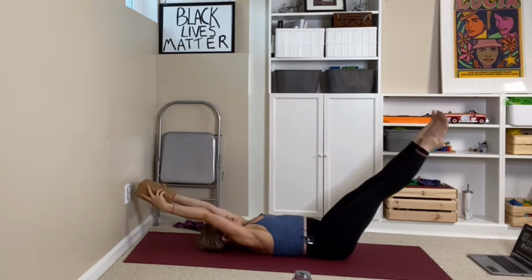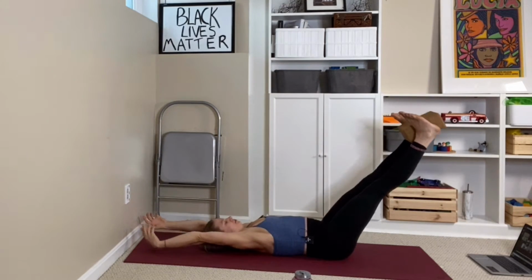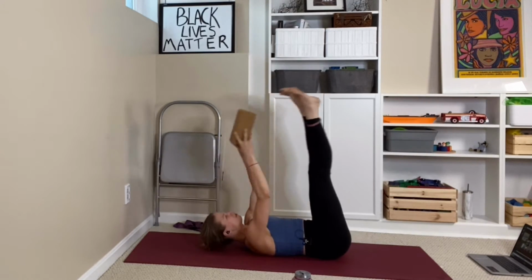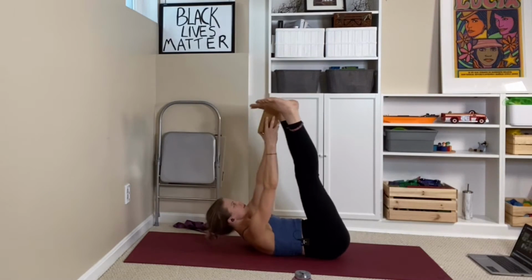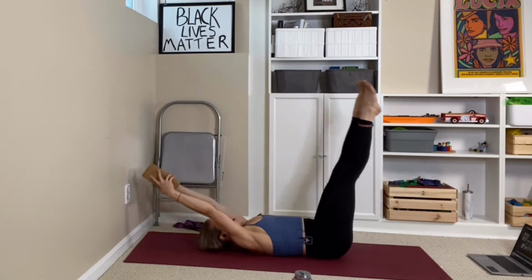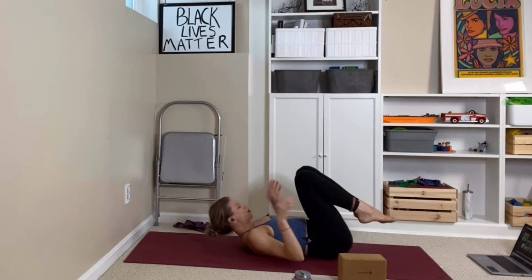Inhale. 3. Keep it going all the way to 10. 4, 5, 6, 7, 8, 9, and one more time. 10. All right, and then when you're done with those, set your block somewhere where you can reach it later